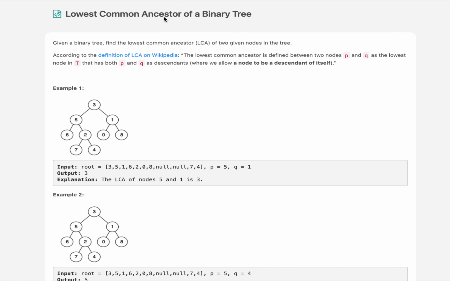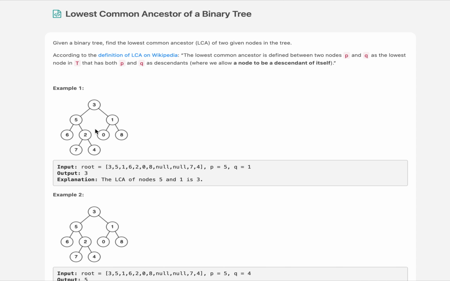Lowest common ancestor of a binary tree. This is a classic interview problem. This question is asked plenty of times as a first step to test a person's knowledge. If he is able to solve this question, the preliminary step is done, and it is often asked in interviews. So let's try to understand the question.